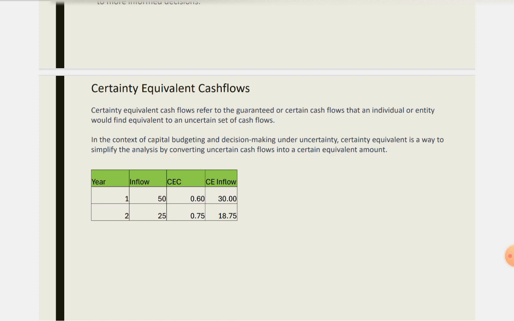And then you can use the standard NPV techniques to discount the inflow to present value at the rate of cost of capital to calculate net present value. The only difference being here that we are preemptively discounting the raw cash flow by a certainty equivalent that helps us predict what is the chance of our cash flow actually materializing.